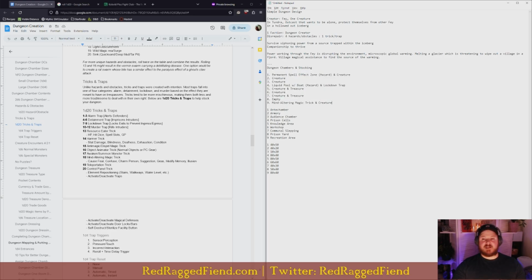So I said I was going to talk about the different trap types. So there's basically 4 different types of basic traps. There's the alarm trap, which we kind of talked about with the shriekers, which is basically having a trap that sets off an alarm and lets everybody know that there are trespassers in the dungeon. The second one is this one, the detainment trap,